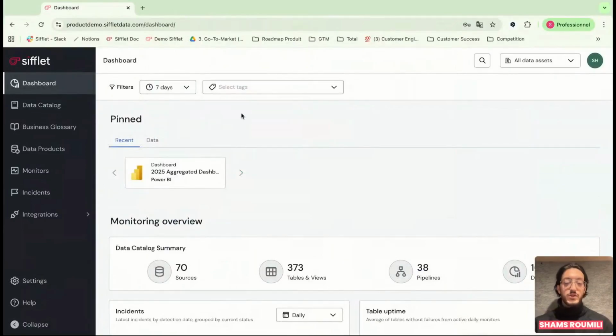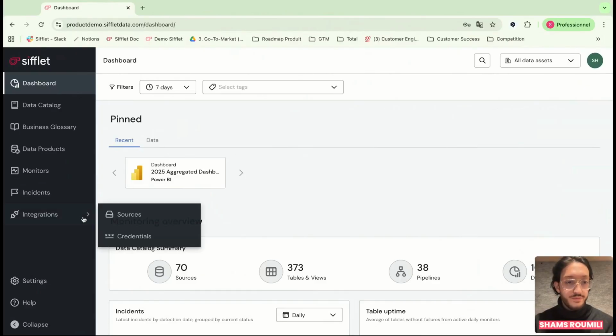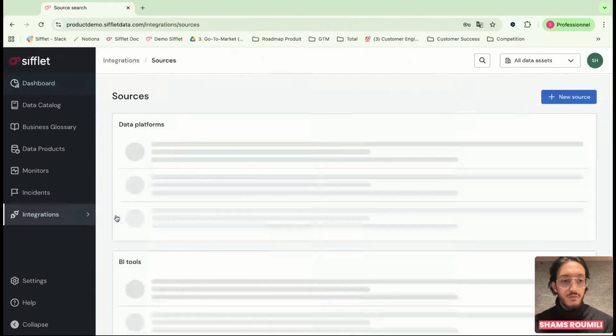So as I mentioned, Sifflet is a data observability platform for data quality. It's basically a central interface for all teams working on data quality to gather assets, create monitors on these assets, and also investigate alerts and redirect alerts to other investigation tools. So to start with,